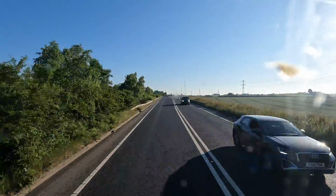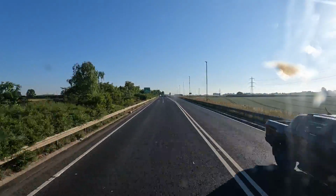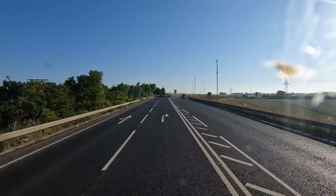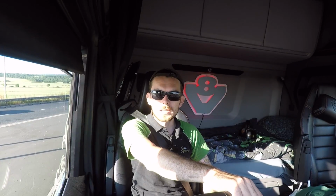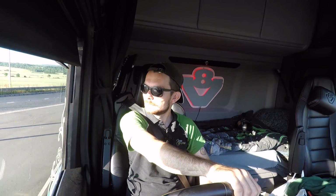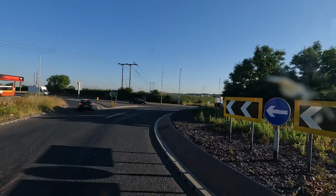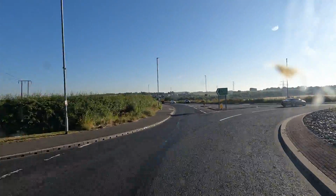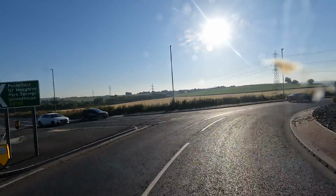And the drama of the broken packs. I went in the port about three months ago. And I had to collect a load, and I saw a lot of packs that had gone everywhere basically. And I'm like, oh God, please let them not be for me. And they weren't. That day. Because apparently what happened was, while they were being shipped over into the UK, from Norway or wherever they come from,